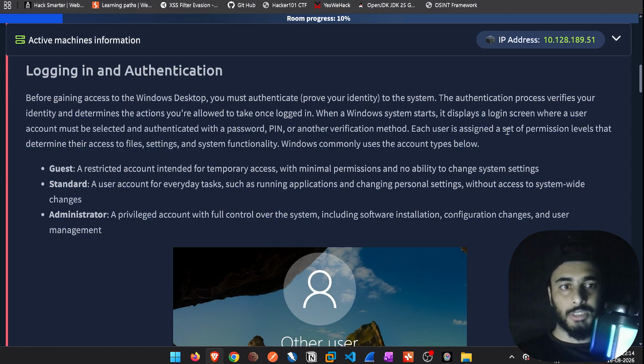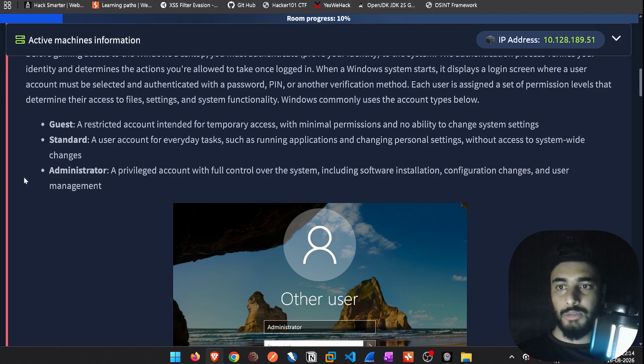Each user is assigned a set of permission levels that determine their access to files, settings, and system functionality. Windows commonly use the account types below. So these are the three account types that we usually see. If you are using your workspace, you can also see these three accounts. The first one is guest, the second one is standard, and the third one, which is the most privileged account,